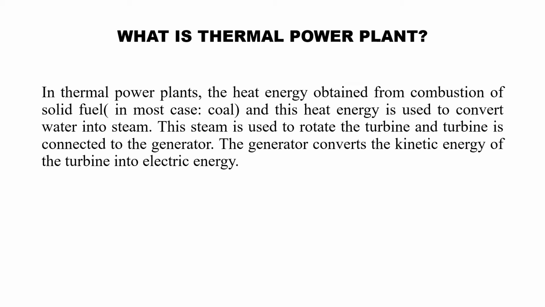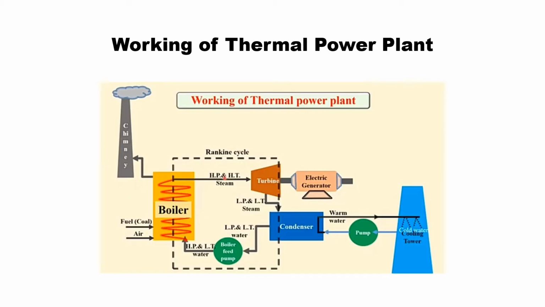In a thermal power plant, steam is used to generate electricity, which is why a thermal power plant is also called a steam power plant. This is the basic diagram of a thermal power plant. Let us see what is in a thermal power plant. Basically, there are 4 to 5 main components present. First component is the boiler, then the turbine, third is the generator, fourth is the condenser, and fifth is the feed water pump. These are the major components in the thermal power plant. By combination of all these, we generate electricity in a thermal power plant.